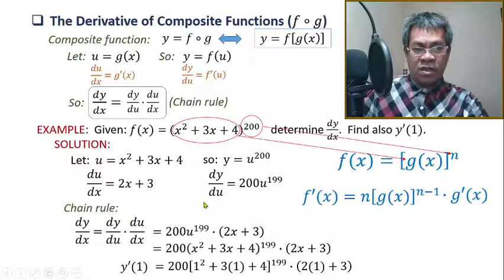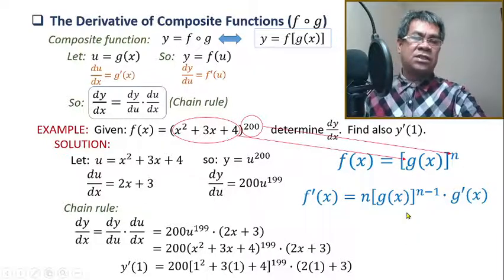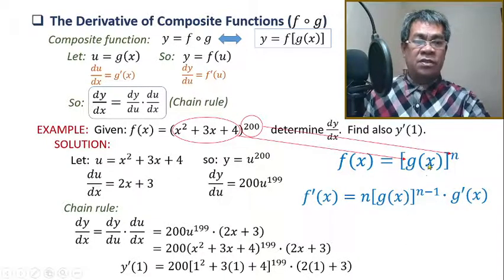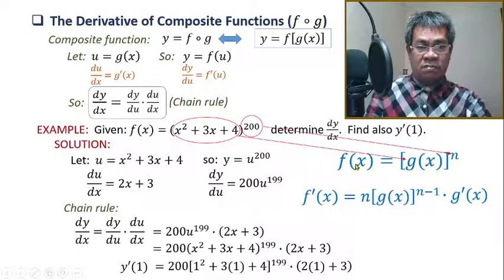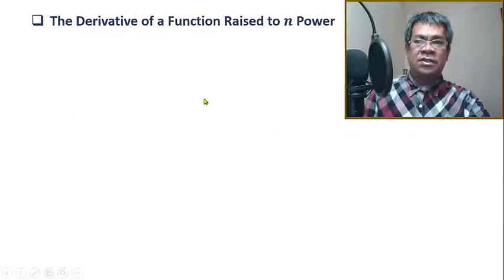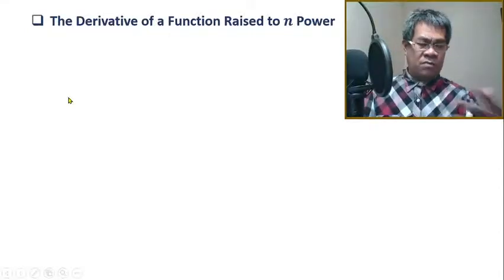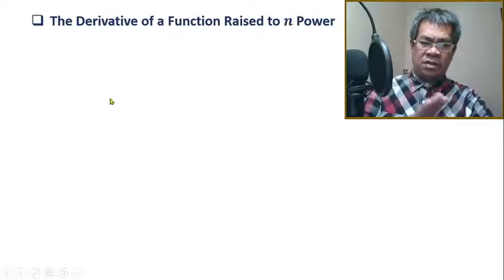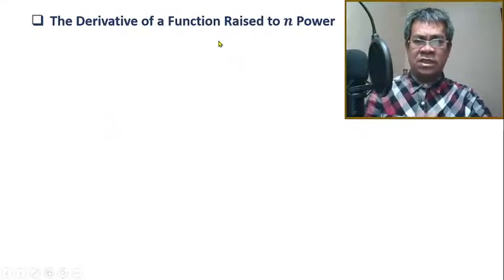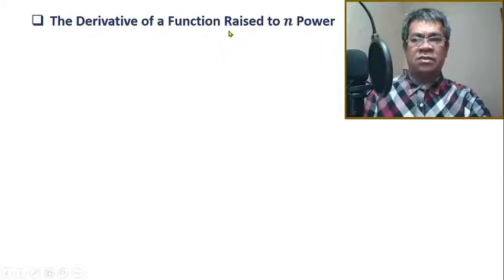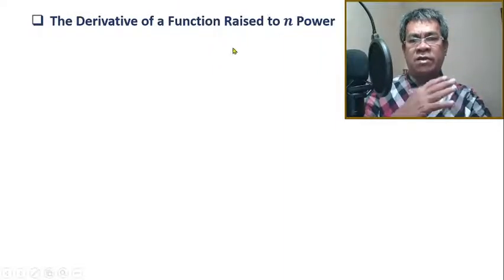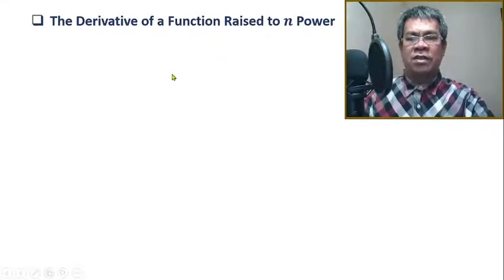So therefore, with the result here, we formulated this kind of strategy. We call this the derivative of a function raised to a power of n. So the derivative of the function, this is the function raised to a power of n. Okay? So here comes one formulation of our techniques. Aside from that, we have the chain rule. Okay, we have the chain rule, and this is the shortcut way of using the chain rule. Meaning we can skip the process of the chain rule by following the result. But remember, this result is taken from the solution of the chain rule.